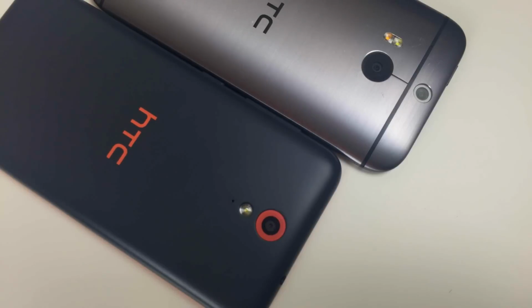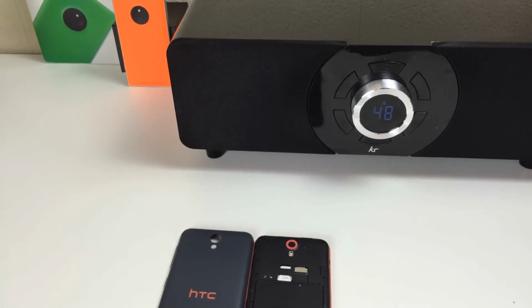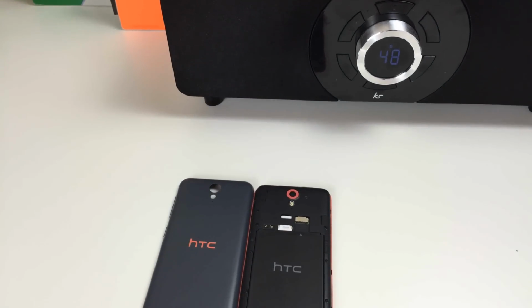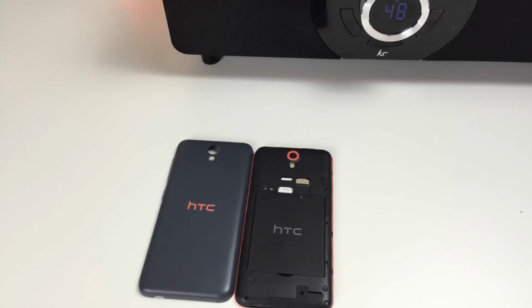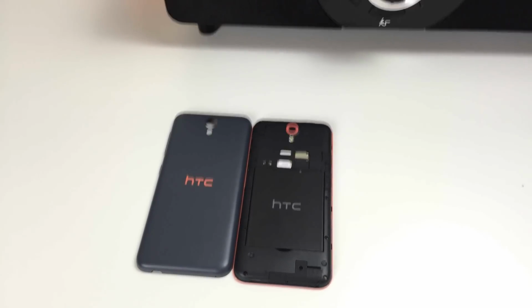Now, if you're sitting there asking yourself, will you require a micro SD card for your HTC Desire 620 if you are looking to go out there and purchase it? Yes, the answer is yes. The Desire 620 comes with 8 gig of onboard storage, and half of that 8 gig is taken up by the operating system, so you actually get around 4 gig of flash storage,